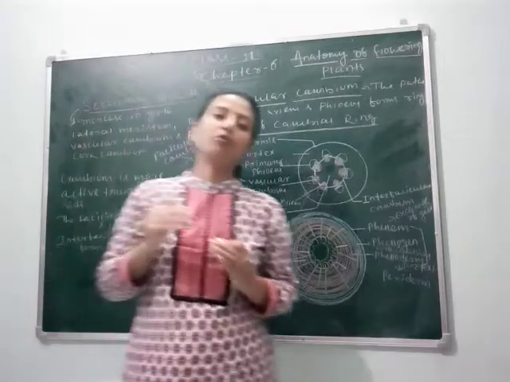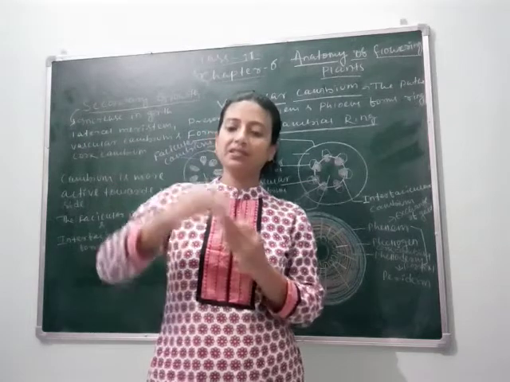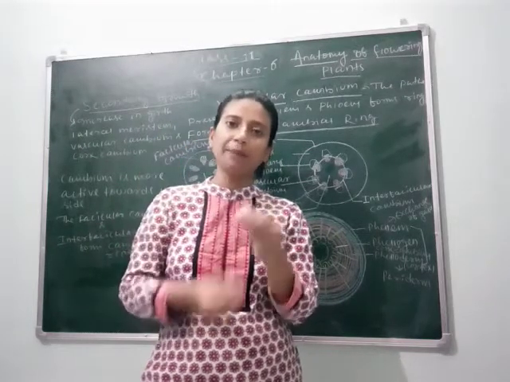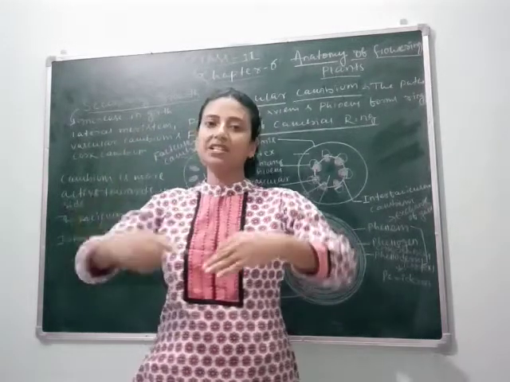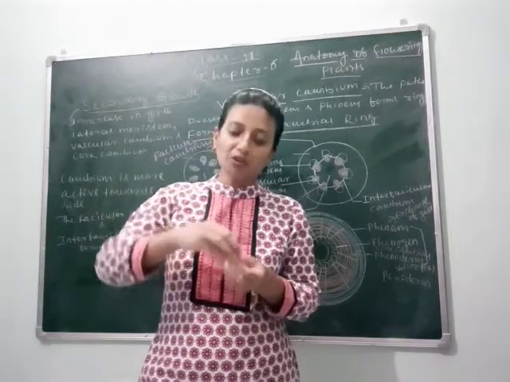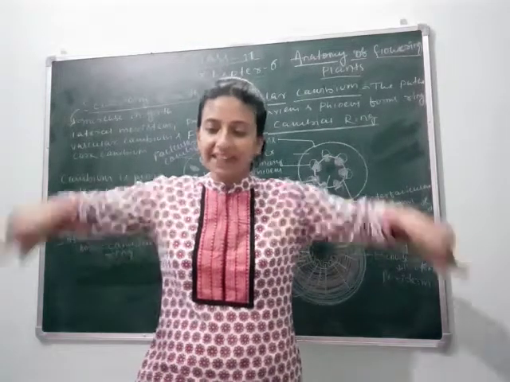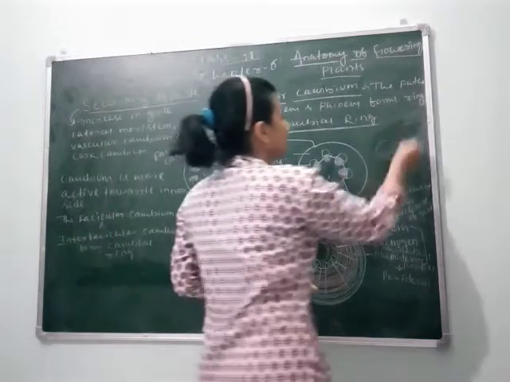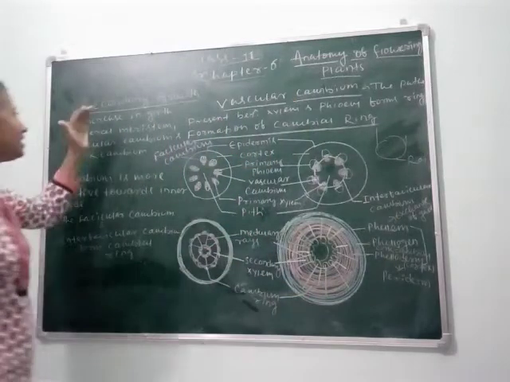In primary growth, there is an increase in the length or height of the plant, meaning the stem or apical part of the plant or the root, the basal part of the plant. Secondary growth means the increase in girth, meaning radial growth. The plant not only grows in upward or downward direction, it also grows by its radius. This is called wide growth, radial growth. Clear? So how does this radial growth occur?